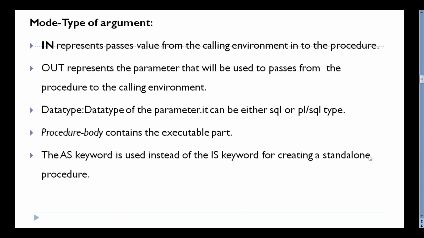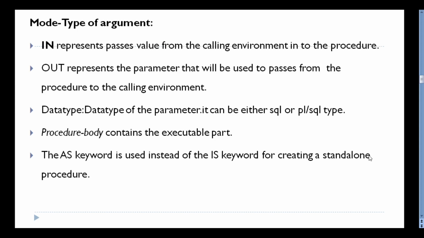Out represents a parameter used to pass values from the procedure back to the calling environment, that means from the subprogram environment to the calling environment.